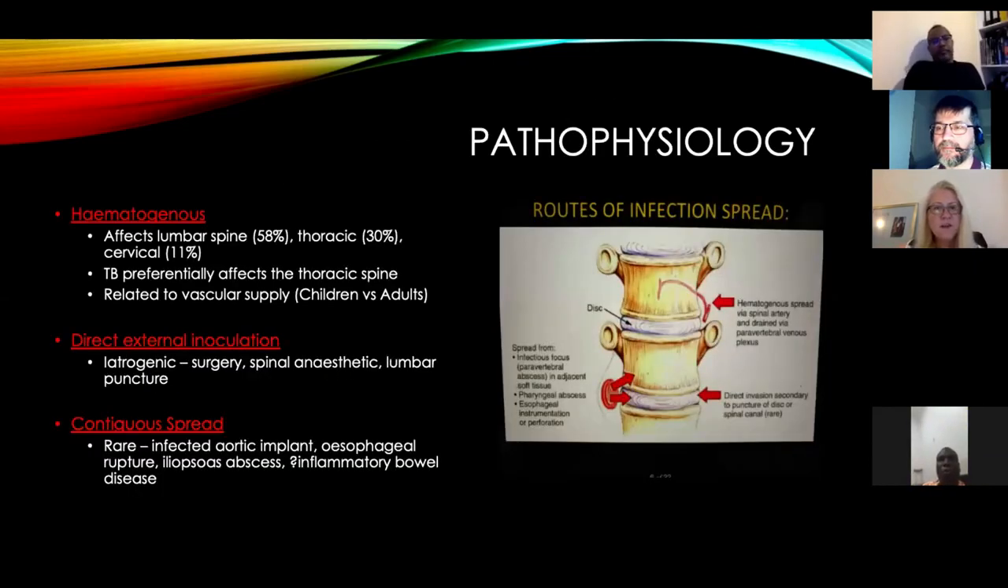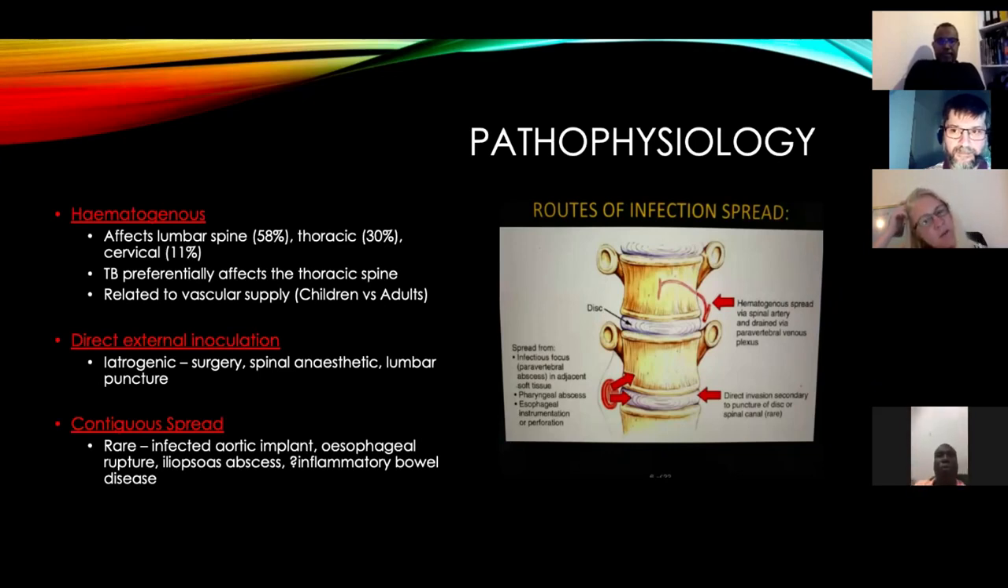So routes of infection. The main one would be hematogenous, which affects the lumbar spine more than the thoracic, and more than the cervical. TB would preferentially affect the thoracic spine in general, and this is often related to the vascular supply, which we'll touch on in a moment. Direct external inoculation, so typically surgery, spinal anesthetics, lumbar punctures, and then contiguous spread, which in the literature is described